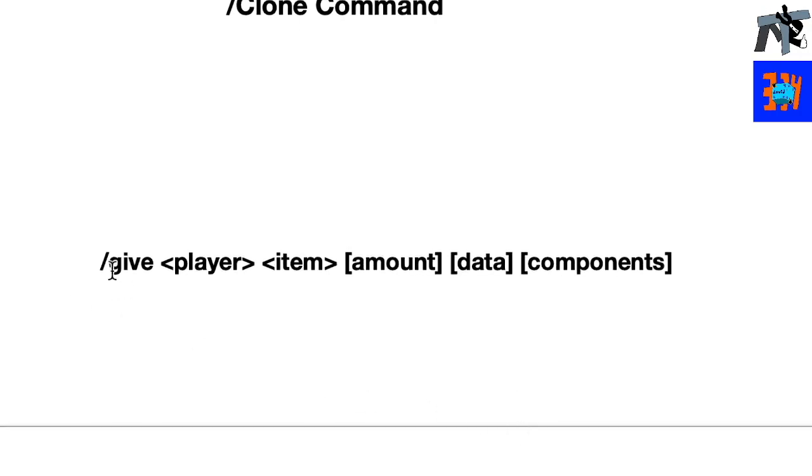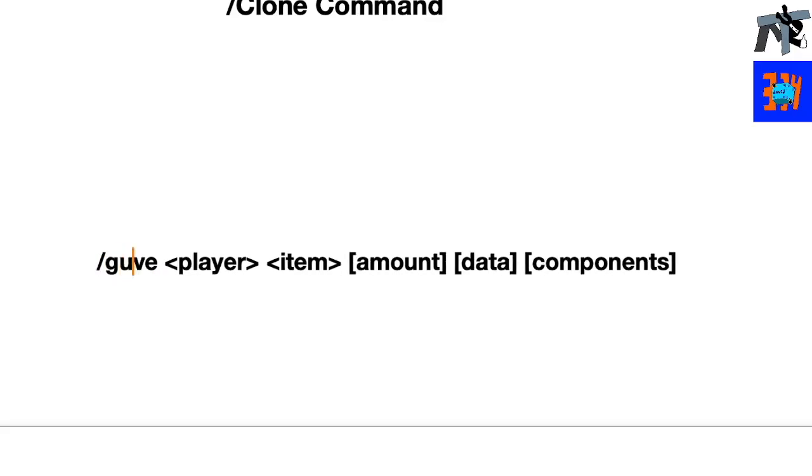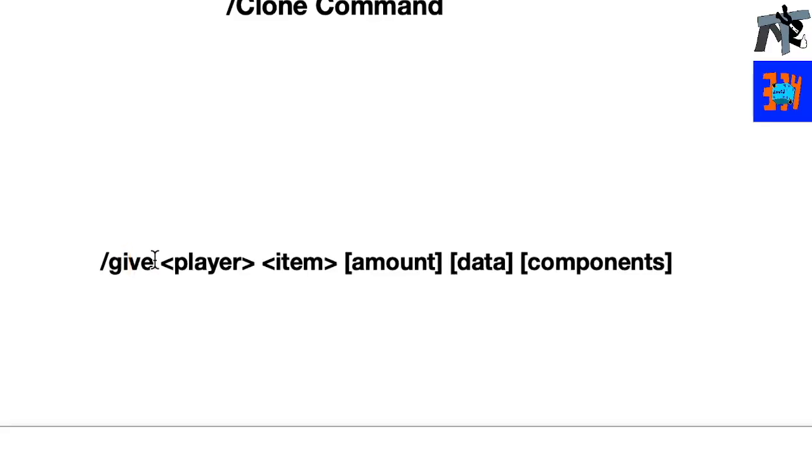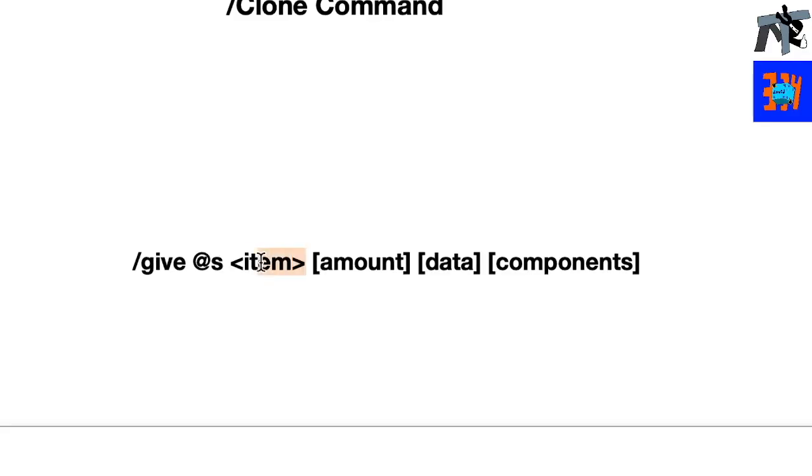So we've got /give. This is the type of command. You can think of the / as telling the system that they are ready to run a command, or that they want to run a command. And give, right here, tells the system this is the command I want to run. But then you need to fill out the form, player. So for player, we could fill it out as @s. Then we have item, we can fill this out as